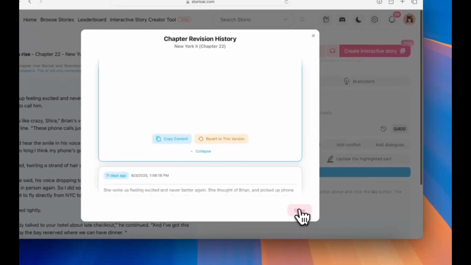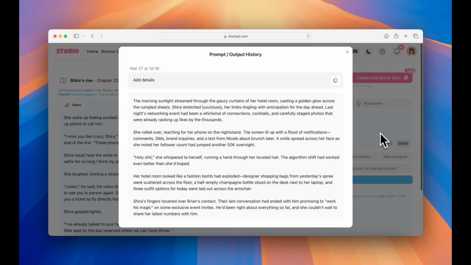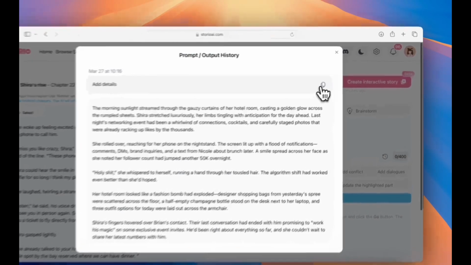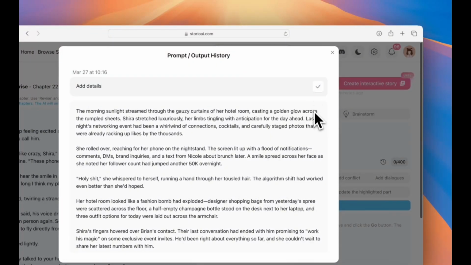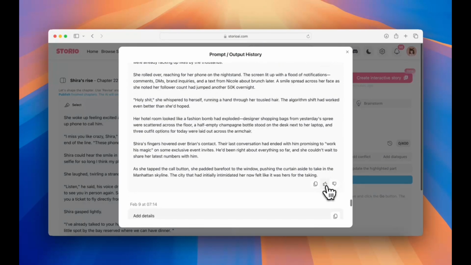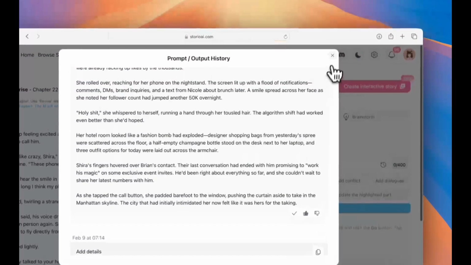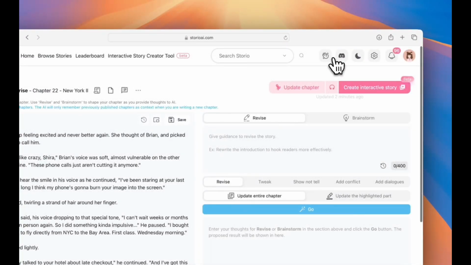Clicking this clock icon in the prompt box will open a separate tab where you can view the full version history of your prompts and outputs, listed in chronological order. You can reuse any previous prompts you liked by copying them. You can also give feedback by clicking the thumbs up or thumbs down icons to mark which outputs worked best for you. Whether you're testing tones, exploring different plot directions, or just revisiting past versions, the History tab keeps everything